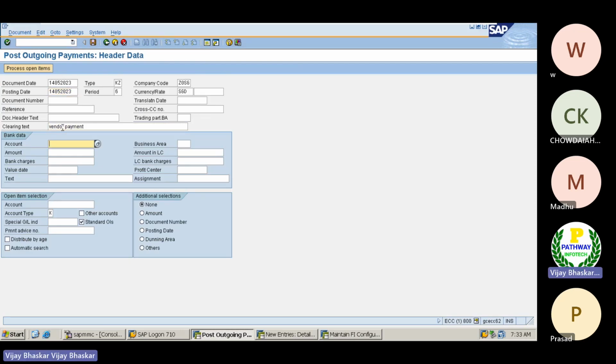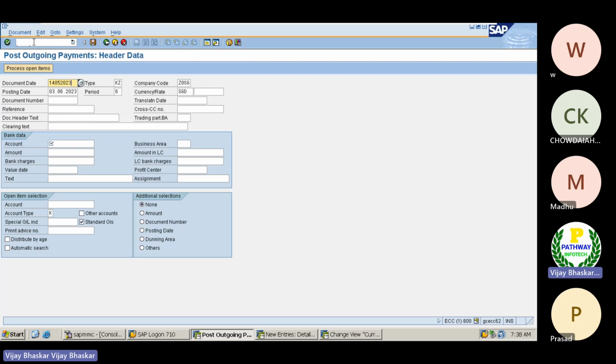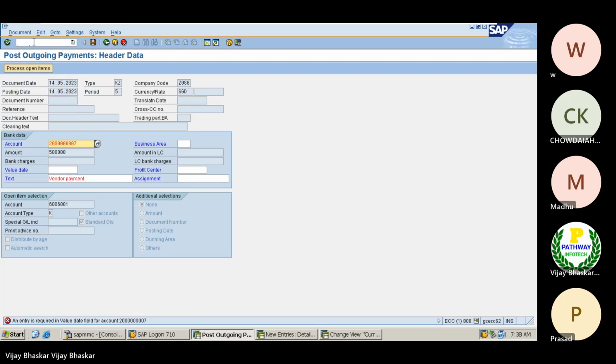Let's see whether the system will calculate or not. Vendor payment 3. Okay, baseline date. Now the error is not appearing.